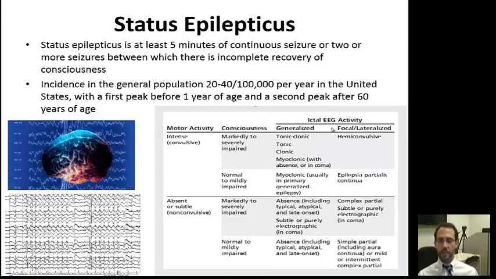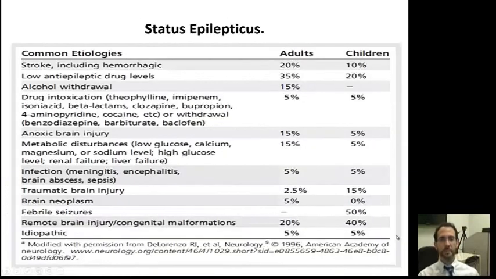And there are actually several patterns. You have a generalized pattern, which could be tonic-clonic or clonic, or you can have focal abnormal activity of the brain. So again, there's no motor activity during that period of time, but the prognosis is very poor if we don't find that out really quickly and treat the patient.